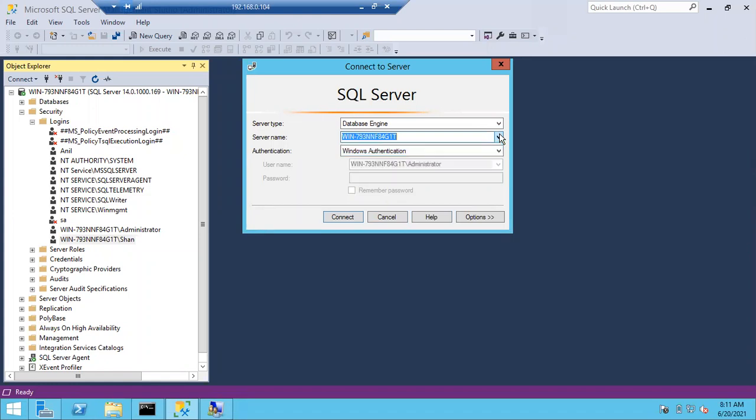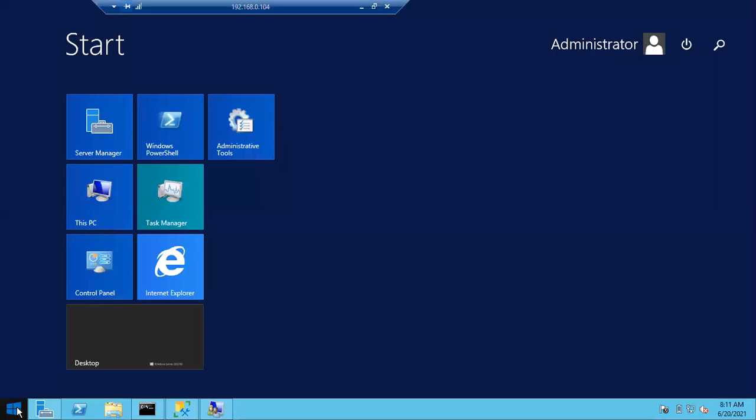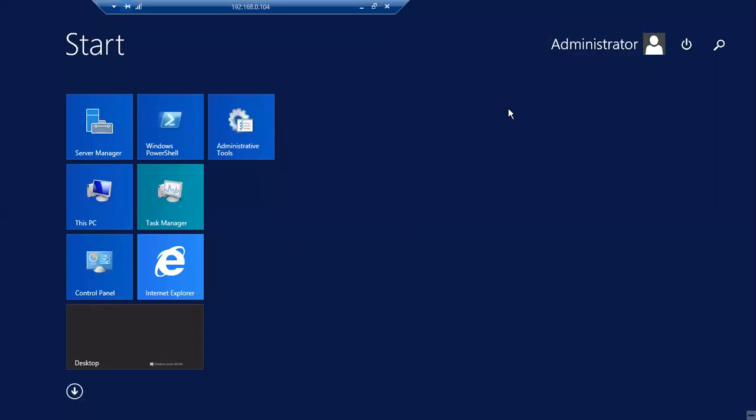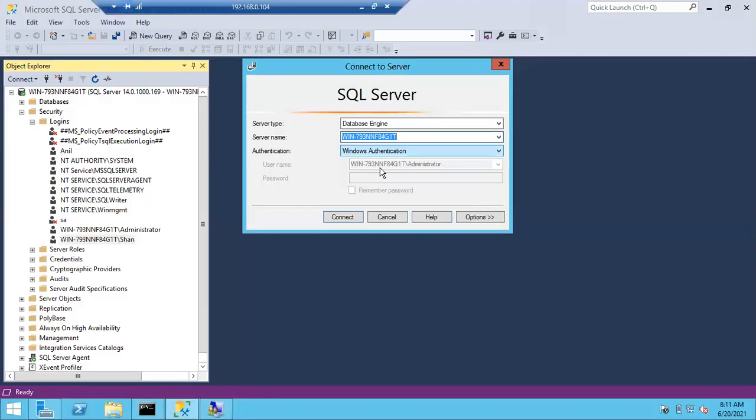Actually, you need to log in as Sean now. You can see here as Sean, because that name is not popping yet. Why did I get administrator here? Because you logged in as administrator, that's why you need to change. Automatically I can see this administrator. I cannot edit this name.